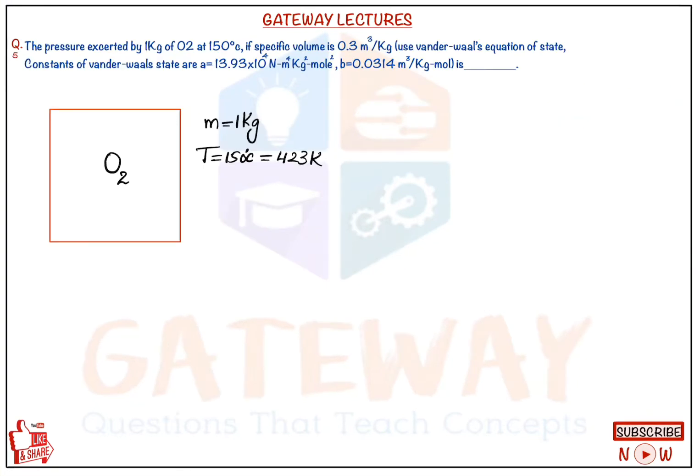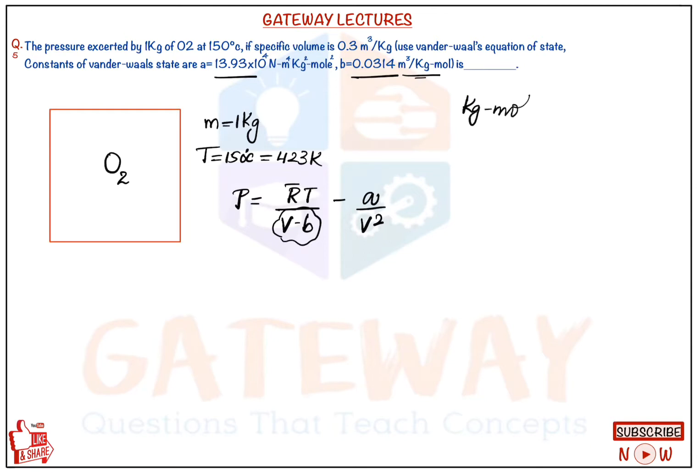So M is given, T is given. Now we will be using the van der Waals equation of state, that is nothing but P is equal to R bar T upon V minus B minus A by V square. The value of A, the value of B, everything was given. But if you can observe here, the value of B should be a volume term. So it is given as meter cube per kg. Therefore, we have to take